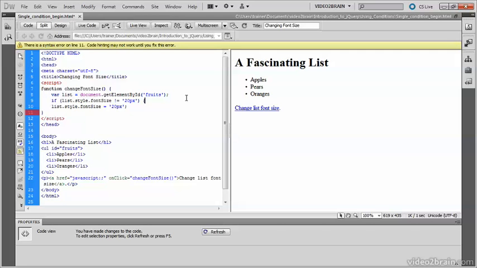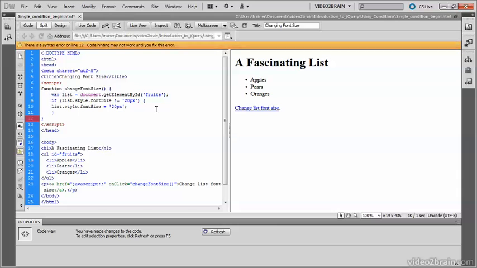What that means is I need to put the closing curly brace in. Let's put it in there, and it's also a good idea to indent the code inside those curly braces. It just makes the code easier to read, so when you've got a problem, it's easier to find the root of the problem. So that conditional statement will now change my font to 20 pixels if it's not already 20 pixels,